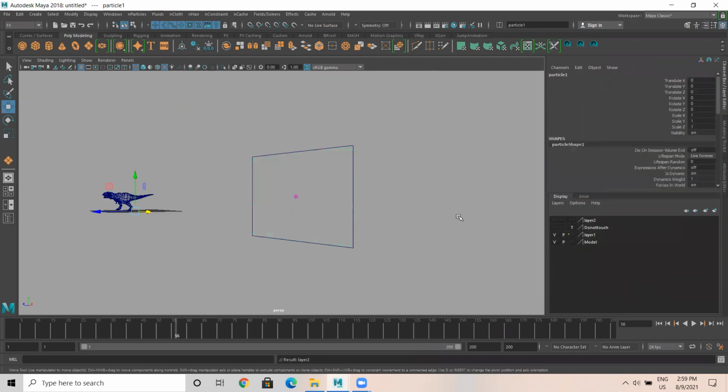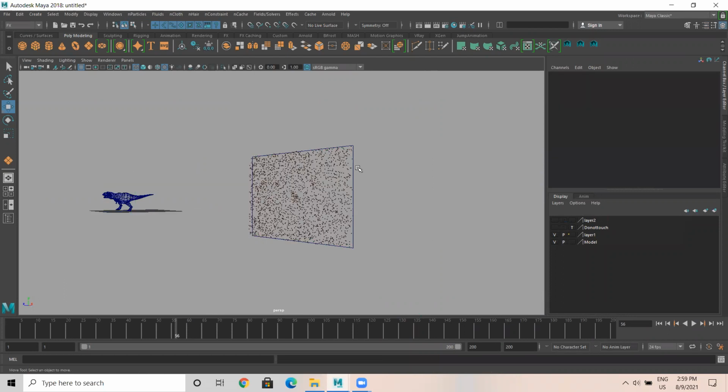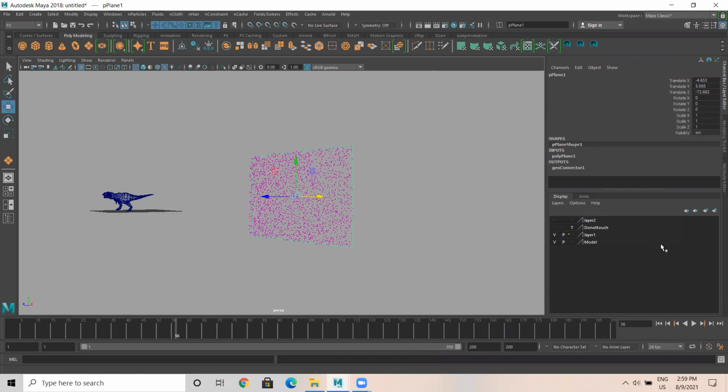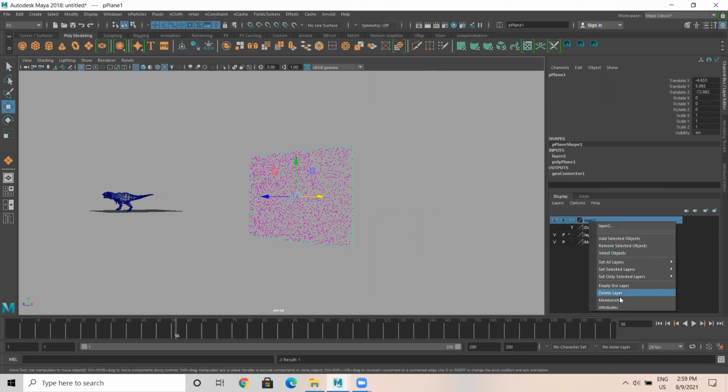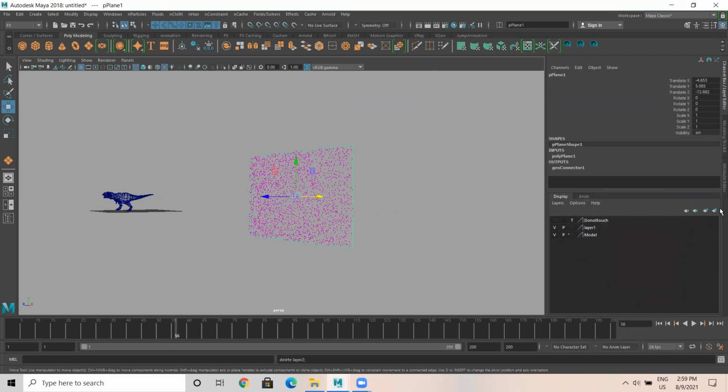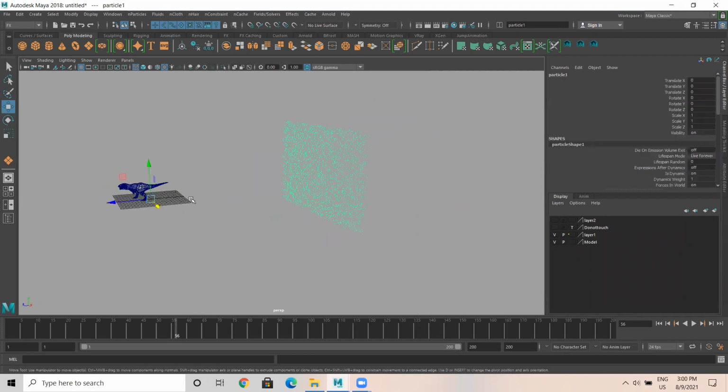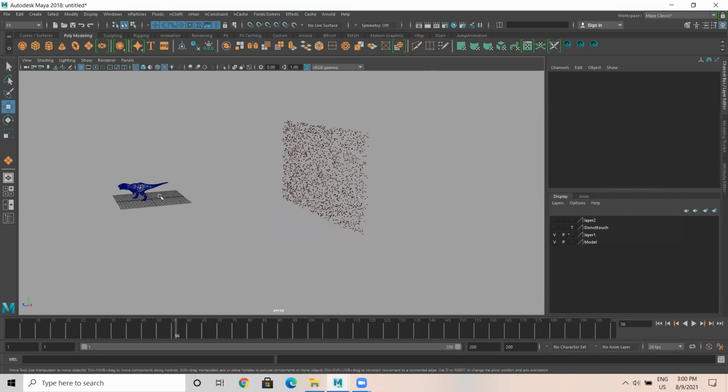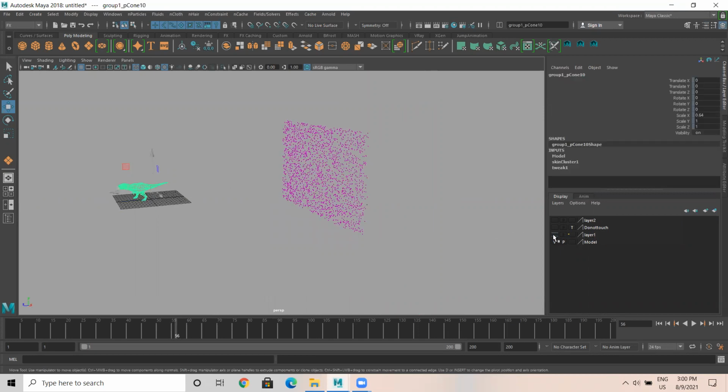Then I'm selecting this object. I would like to keep it, not the particle. I'll select this plane and place it here. Let me delete this layer. Okay, I need the particle.